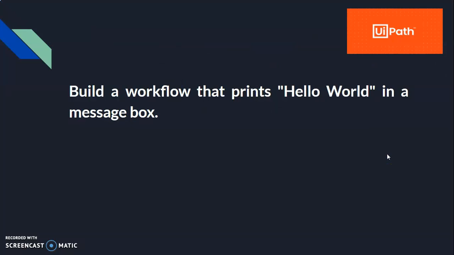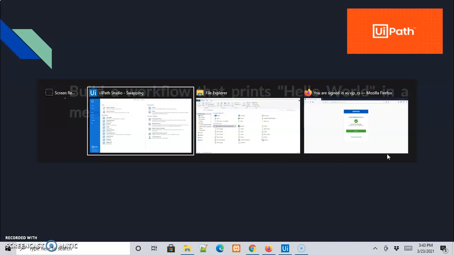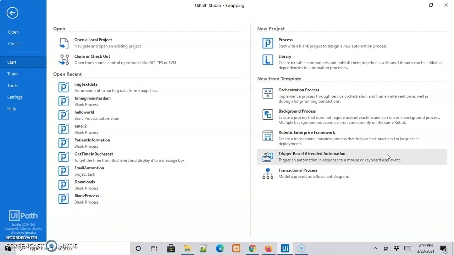This is a basic task that we are going to do with the help of the Uipath tool: to build a workflow that prints hello world in a message box. So let us go to the Uipath Studio software wherein we can create the workflow of printing the message hello